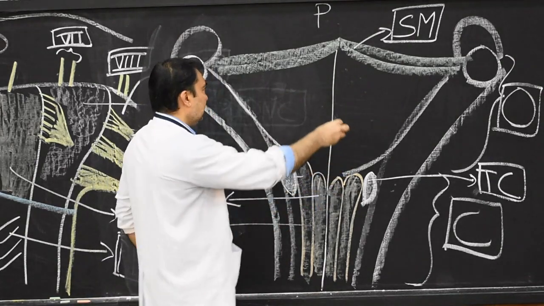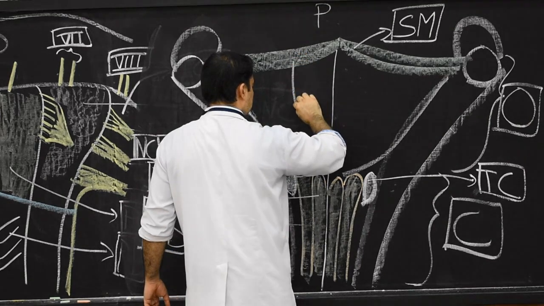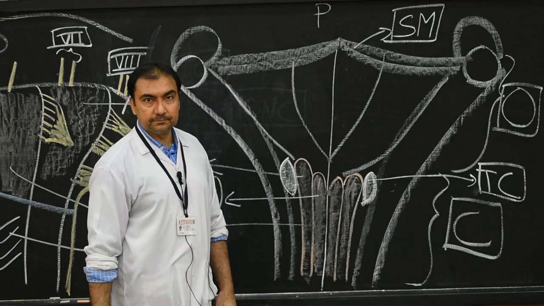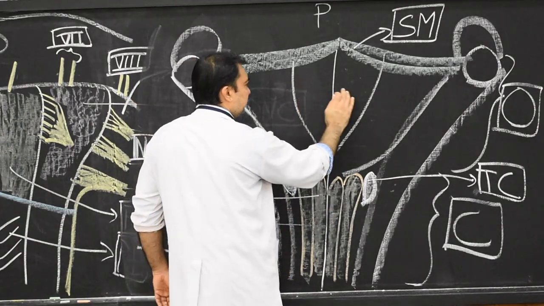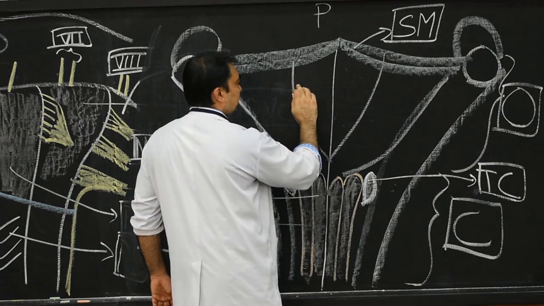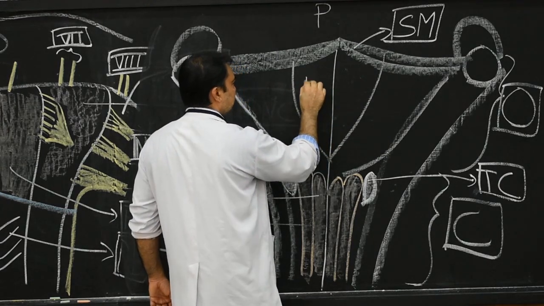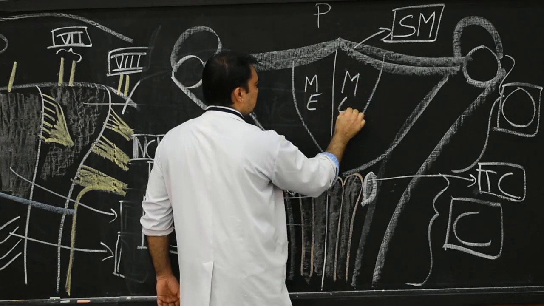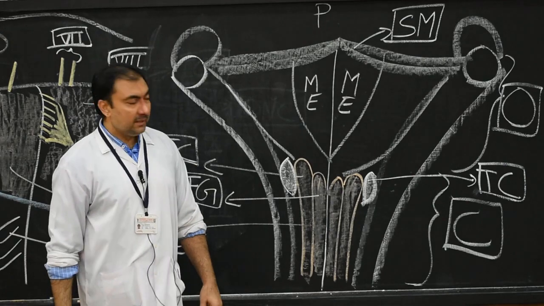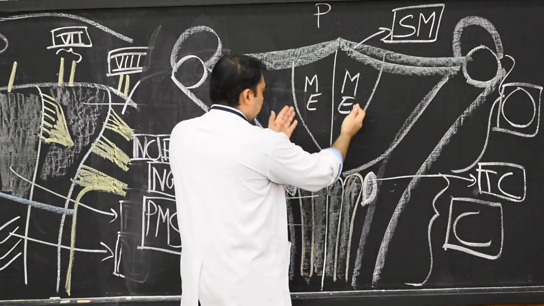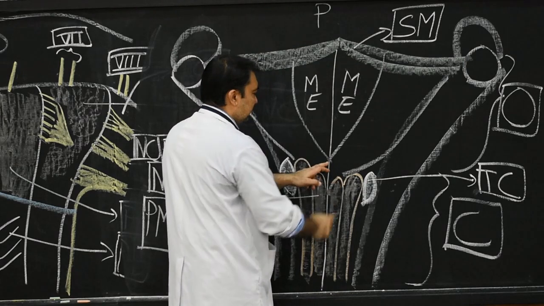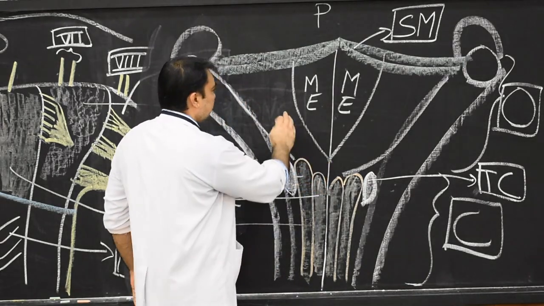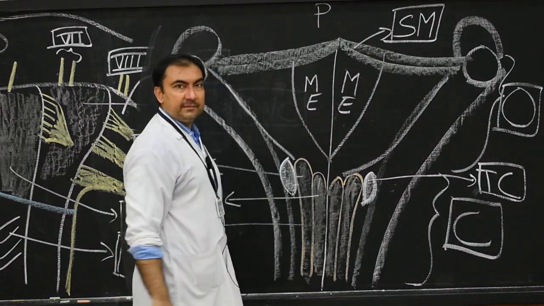Now on either side there will be the sulcus limitans. So these two are the sulcus limitans. The eminence formed between the sulcus limitans and the posterior median sulcus will be known as the medial eminence. Now the sulcus limitans will join with each other at the posterior median sulcus lower down. Therefore, it will separate the medial eminence from the lateral area.